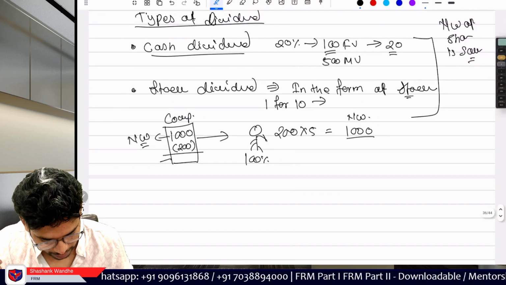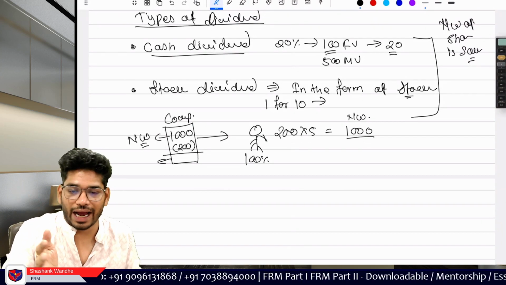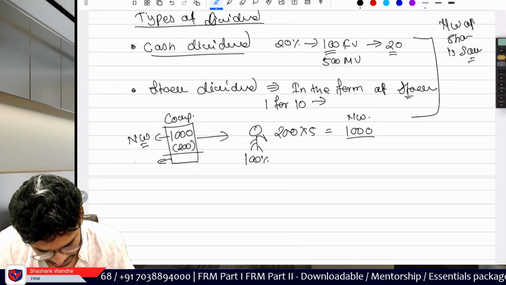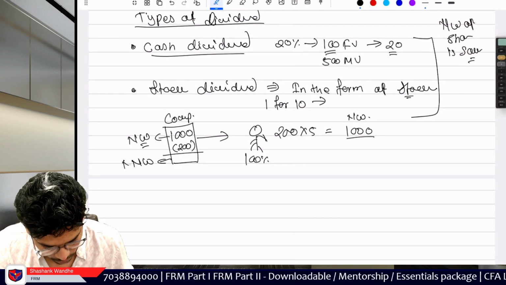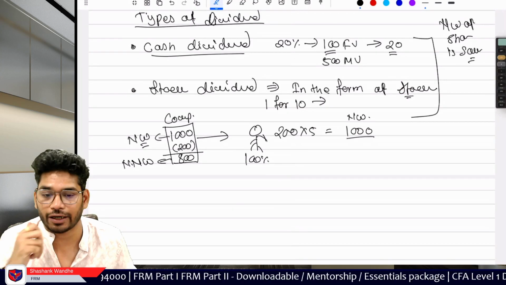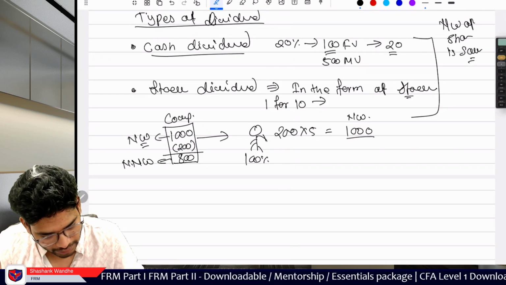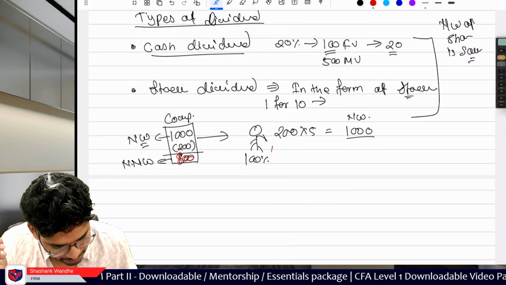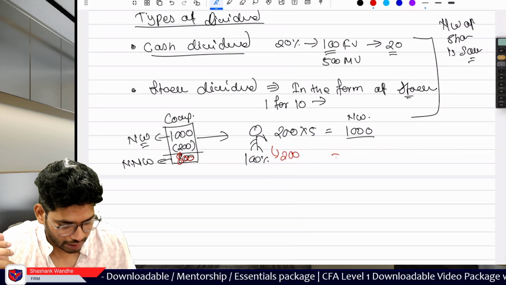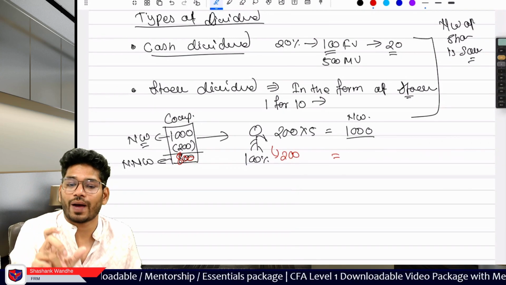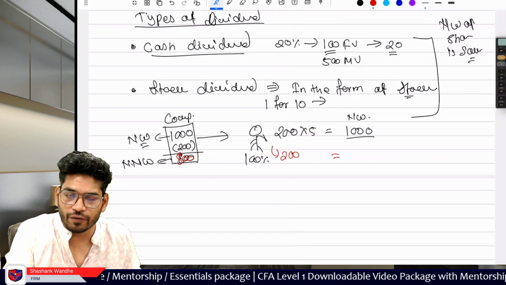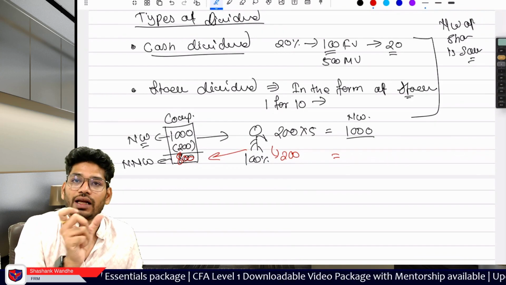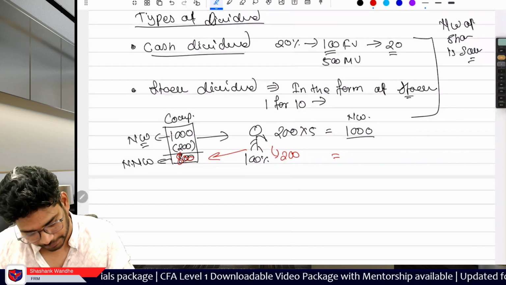So once the company pays 200 in cash, from the company system 200 cash is out. Whatever is left is the net worth. Let's call this the new net worth, and the new net worth is 800. Simple. Now you have 200 shares, and remember, the share value is directly linked with the total net worth of the company. This is the assumption we are using right now. So your total value of shares should be 800.